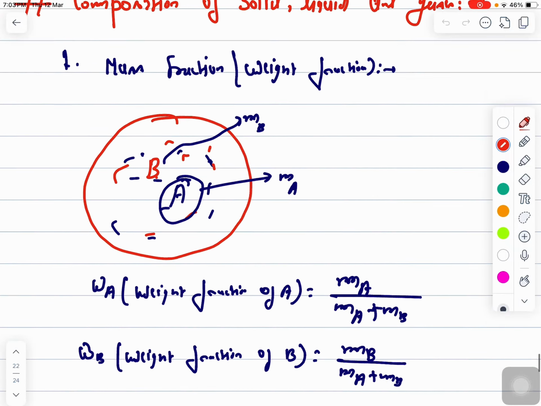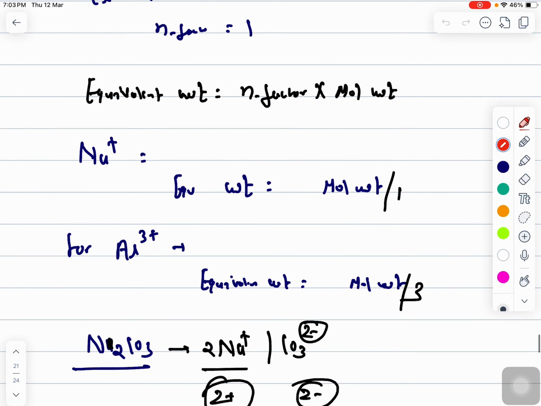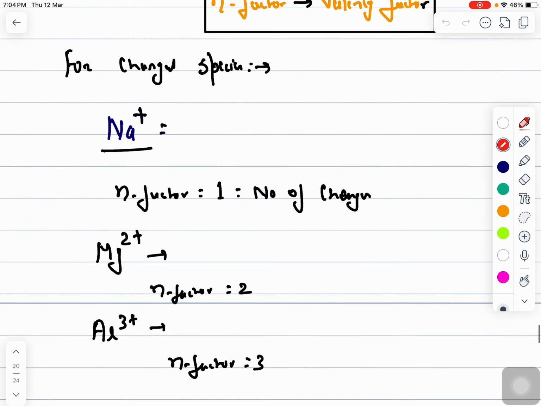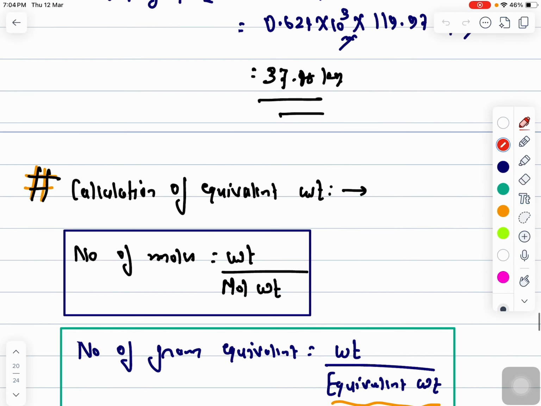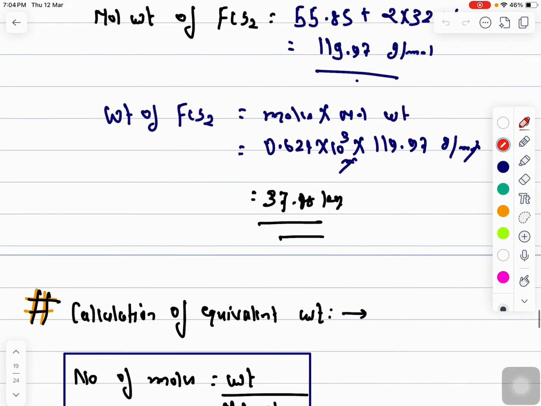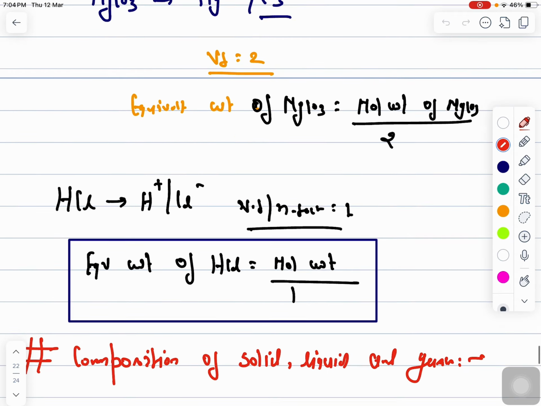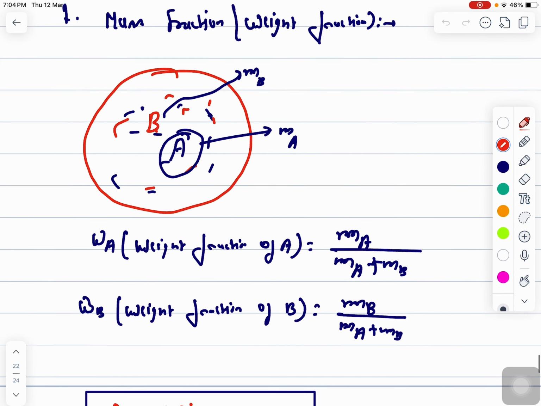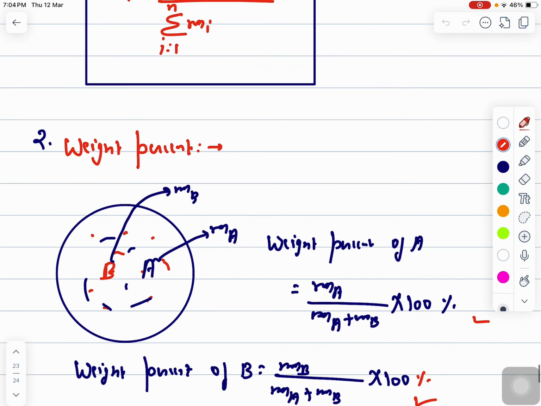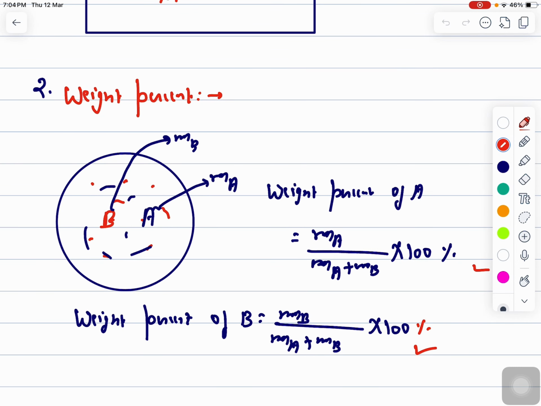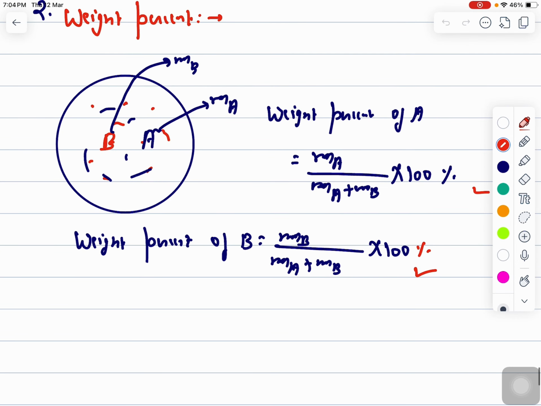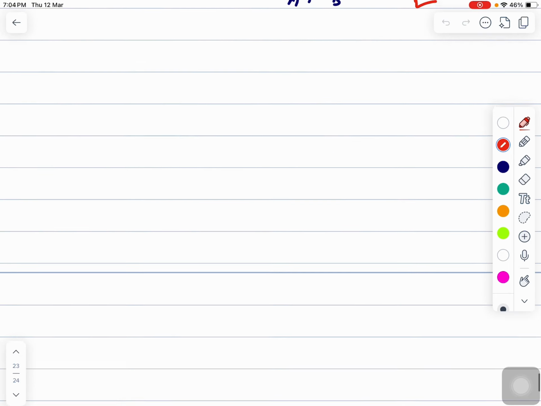In the previous lecture, I already started the discussion about the fundamental concepts of stoichiometry, where I discussed how to calculate the molecular weight, number of moles, equivalent weight, and other topics like how to calculate the mass fraction or weight fraction. And then I also talked about the weight percent. So, in today's lecture, I will be talking about the mass ratio, that is the third